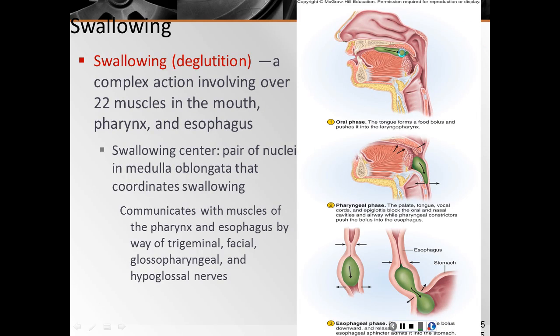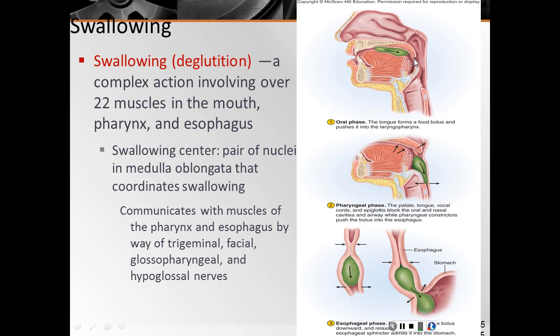Right, it's going to press the food against that palate, along with the mucus and saliva being secreted by the various salivary glands, which help form this bolus. Then it pushes it posteriorly. So here we go, going towards the back. Now the food is going to accumulate in the oropharynx,